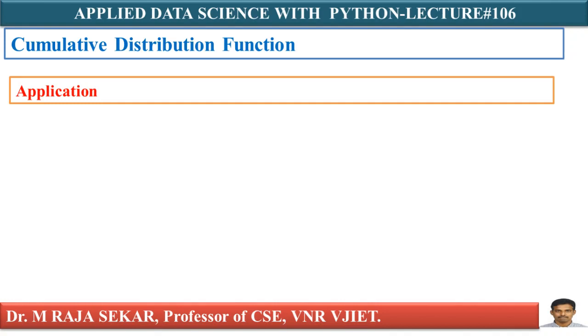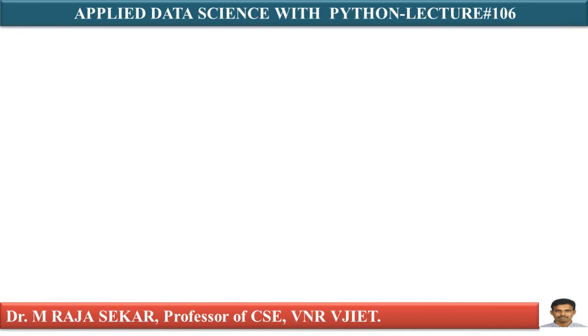Standard normal tables are very helpful in solving many data science problems. Otherwise, I can say a Z table or standard normal table is a mathematical table that allows us to know the percentage of values below a Z score in the standard normal distribution. Because of these Z tables, without integration, you can find probabilities. How will it be? I will explain in my future classes. Let's go and see